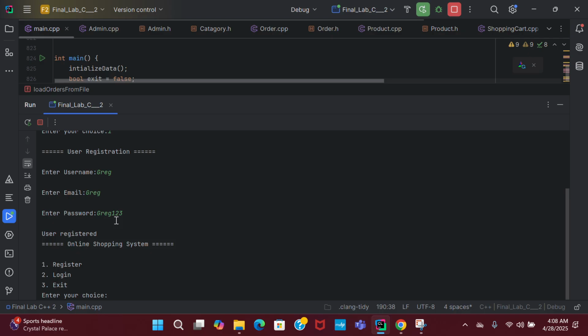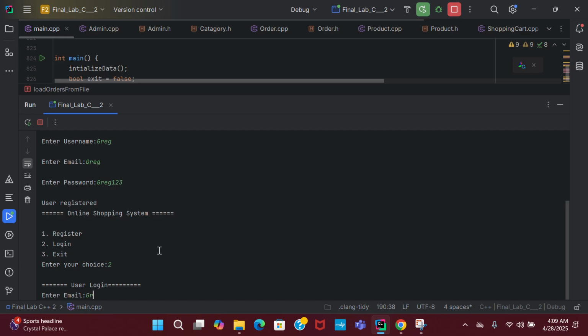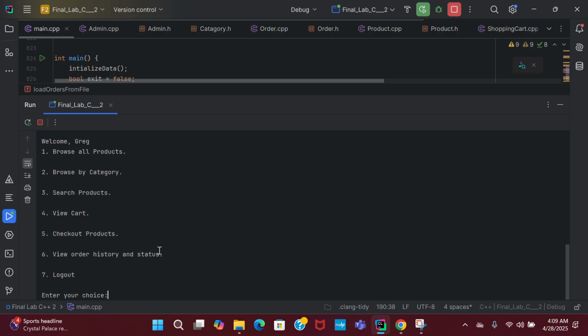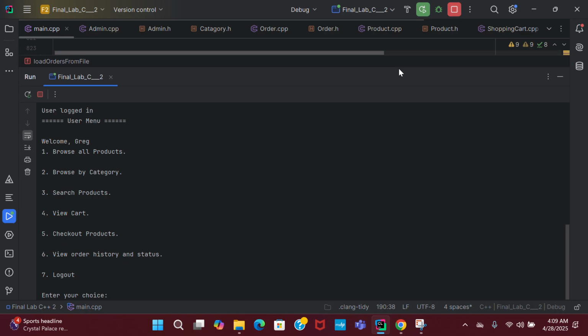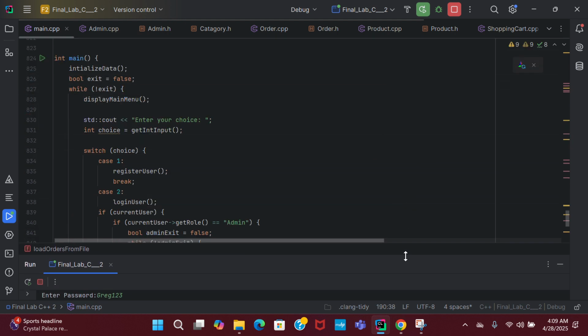And then it will ask for an email, a password, and then the user is registered, and now it should be able to log in with Greg's information. And here it says, "Welcome, Greg." It logs the user in and then brings him to the user menu, which is all inside of main,